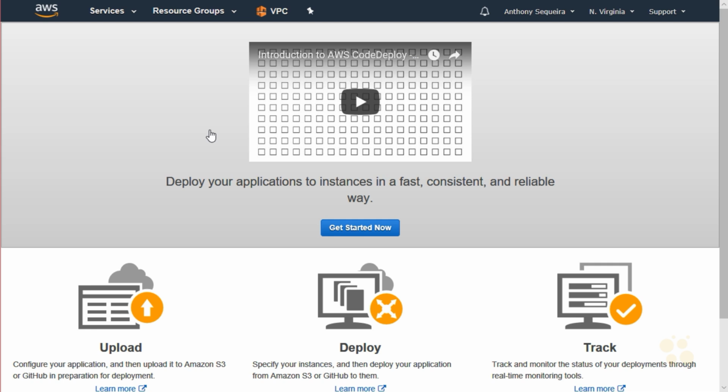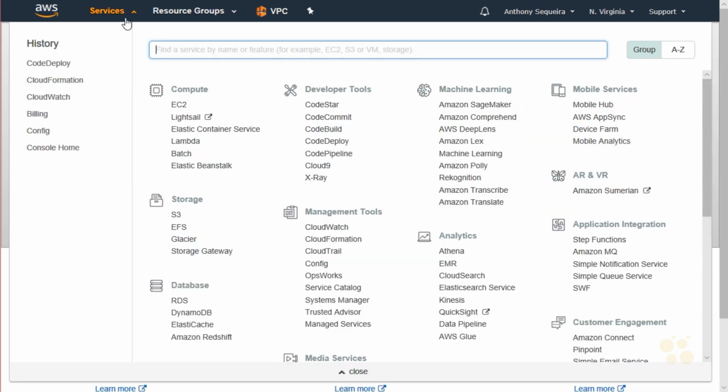So this and the next tool I'm going to show you are powerful in that the application that you're managing through AWS doesn't even need to be deployed into the cloud. You can deploy the app to other locations as well. So Cloud Deploy is one of them. And then another one that I wanted to highlight for you is called